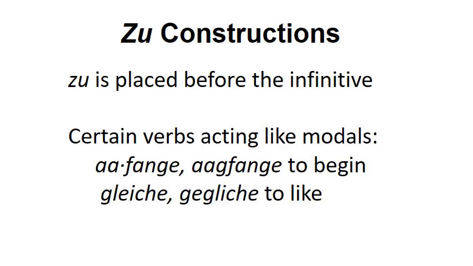We'll look at them. So certain verbs that act like modals take zu. Now, not every verb, it's just certain verbs. And probably the two most common are anfangen, we've seen that before, it means to begin, and gleiche, which means to like. So you could say I like horses, Ich gleich Geil, just really straightforward and normal. But when you say, let's say, I like to ride horses, in other words, when you start adding infinitives, when you make them like a bit like modal verbs, then they use this zu construction.